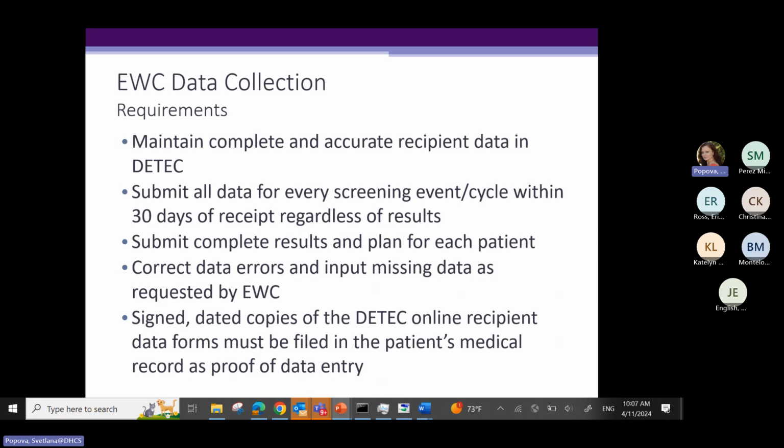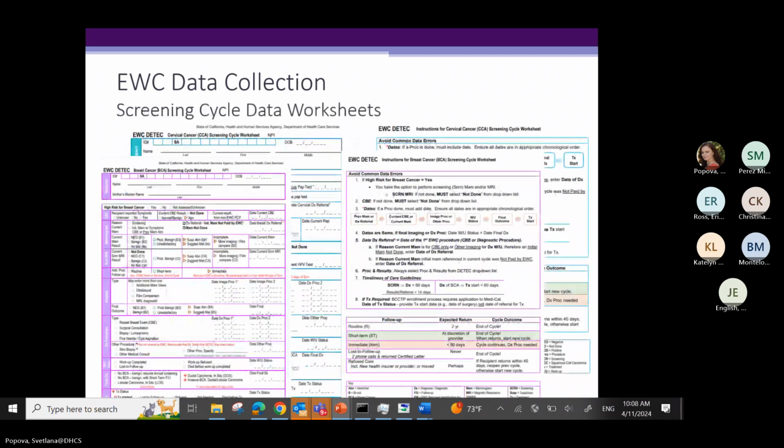Also, signed, dated copies of the DETEC online recipient data form must be filed in the patient medical records as the proof of the data entry. In case DETEC is not available online, and we had one instance this year when there were a few hours when DETEC was not up, I believe due to some internet glitches,